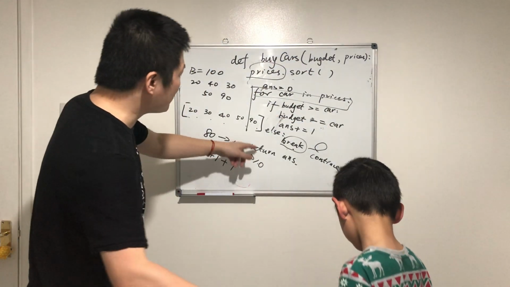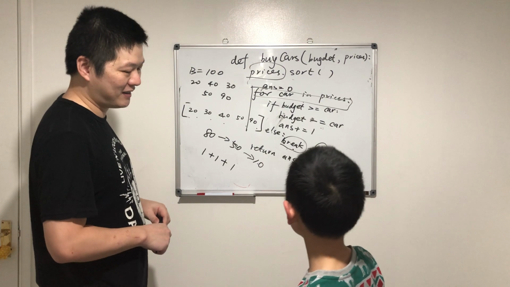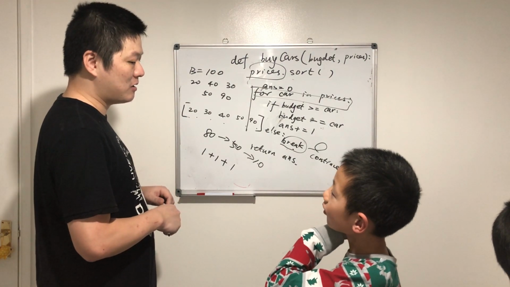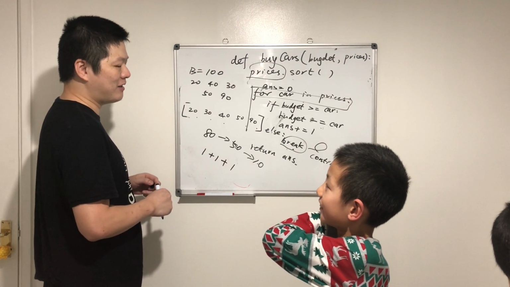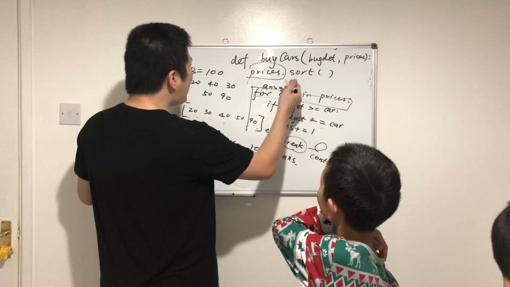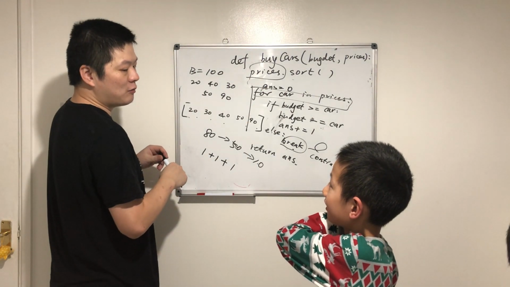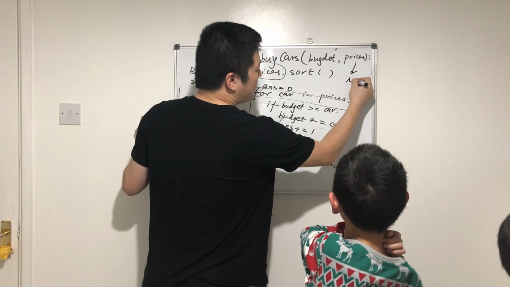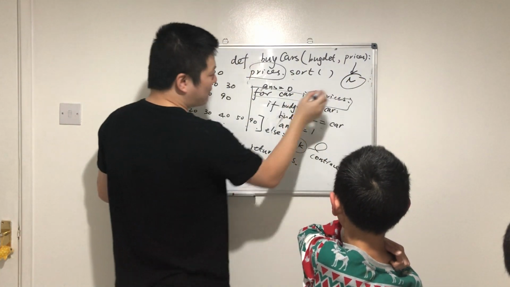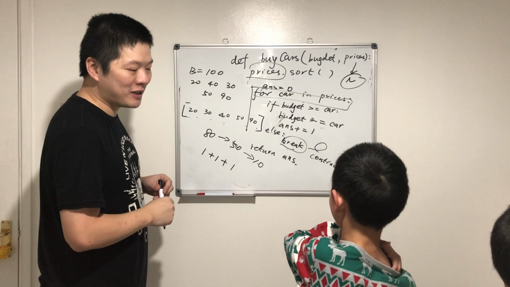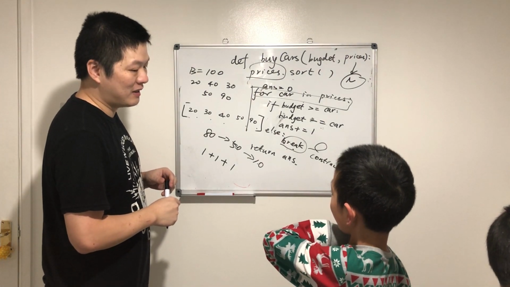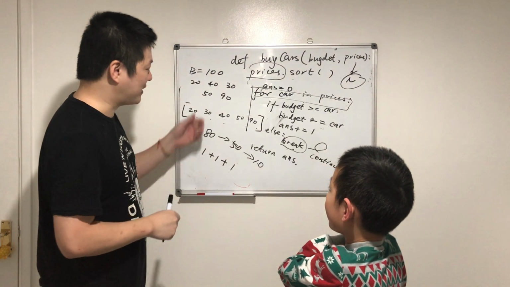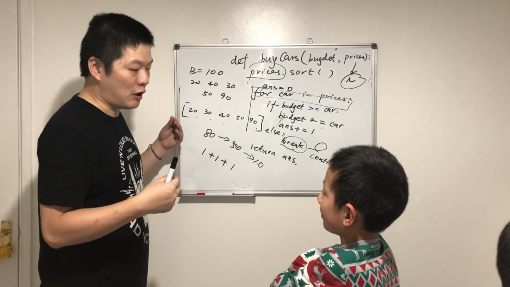Okay? So can you tell me the complexity? Log n. No? What? N. N is the number. Log n. Why? What's n? N is the number of prices. Okay? Yeah. Number of cars. Yeah. So what are we doing here? We're adding. Yeah? Not all of them. Not all of them. So we need to, in the worst case,